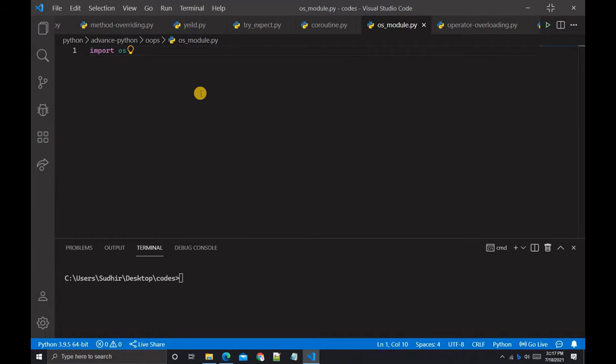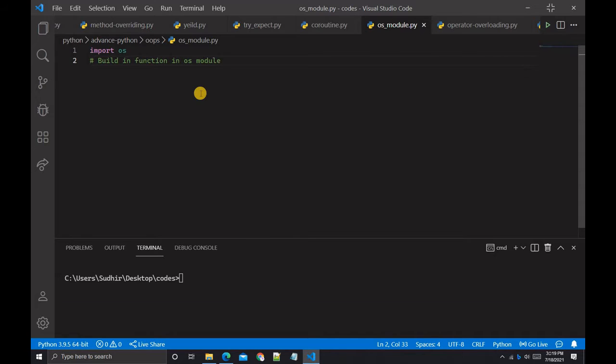After that, the built-in functions in the OS module. Let me add a comment here: built-in functions in the OS module. There are so many built-in functions in the OS module. For example, print(dir(os)) gives a list of all the functions the OS module is composed of.